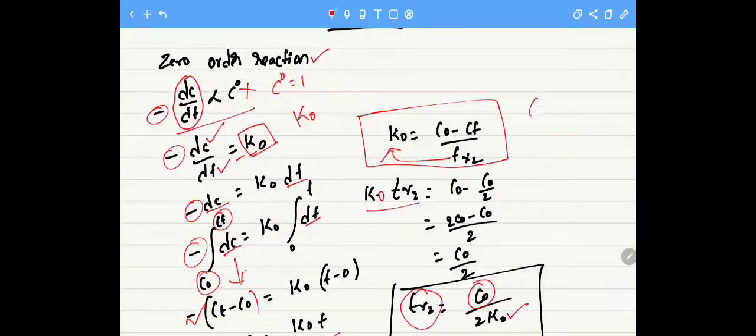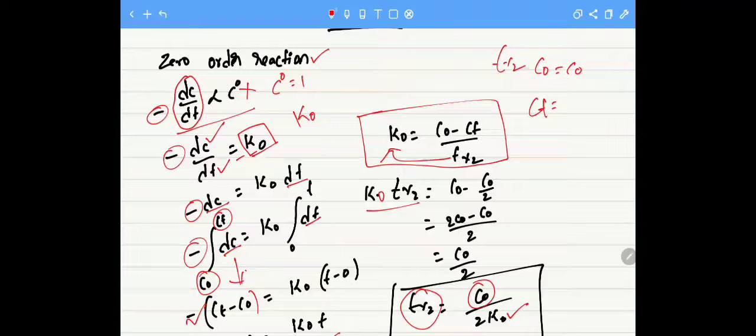In the half-life, the initial concentration will be C naught only. We start from some initial concentration, but the concentration at time T,